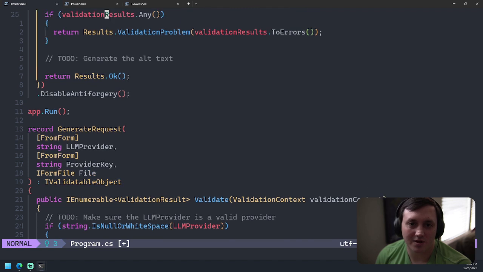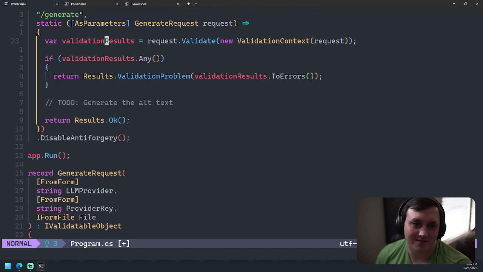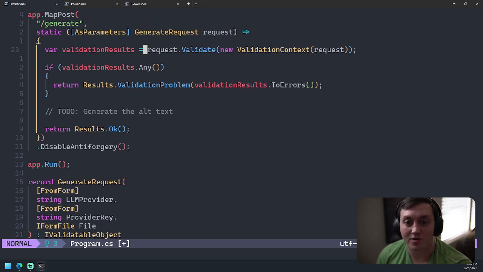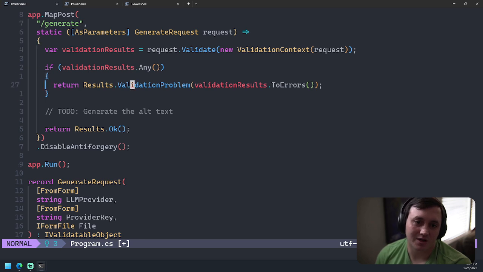The nice thing is that when you call validate on your request object, if there are any results, you can then get those results and hand them back to the client as a validation problem detail. You do need a little bit of help with this extension method called ToErrors.